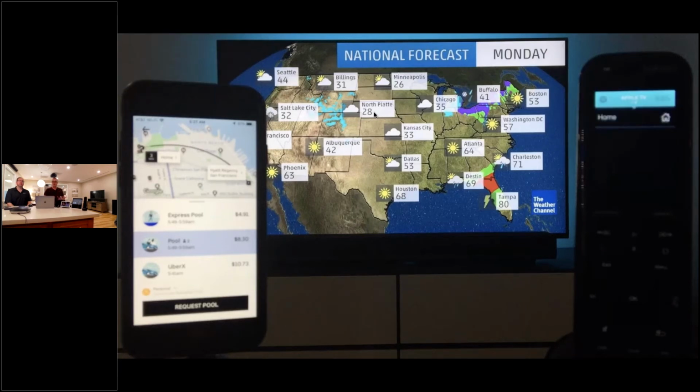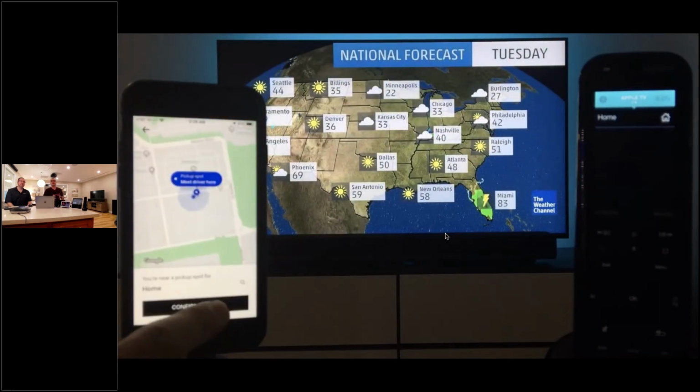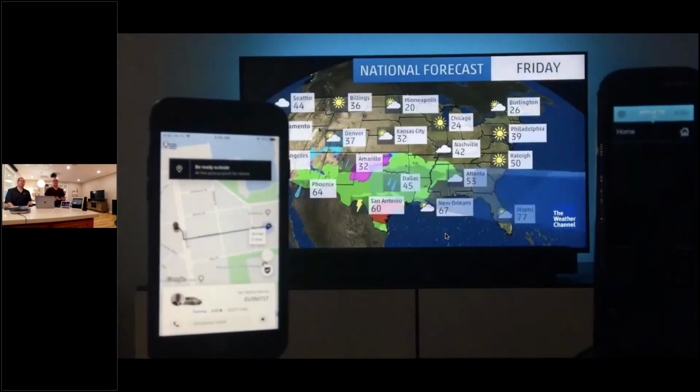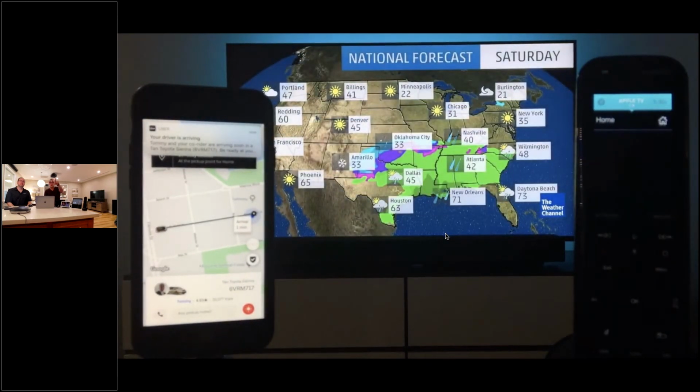I quickly slapped this together, and we're gonna work on a better version of this, but I just want to show you here. So this is my TV at home. I got my Harmony Pro and my Uber app. Just to give you a quick demo here, I don't think we need audio for the feedback loop, but in this case, you might be watching the news or the weather, and while I'm ordering my Uber here, as you can see, just before the Uber arrives, so basically like a minute before, you can see it's 2 blocks away,